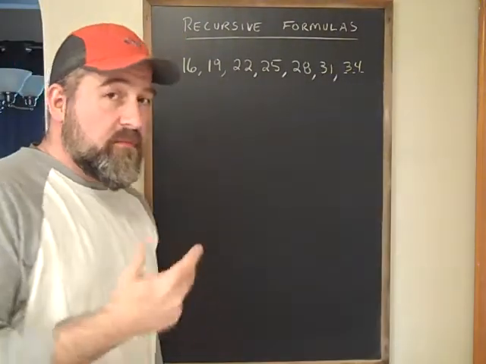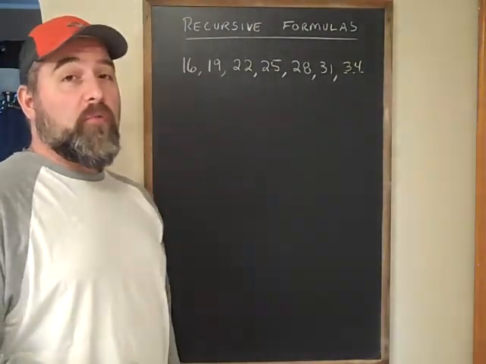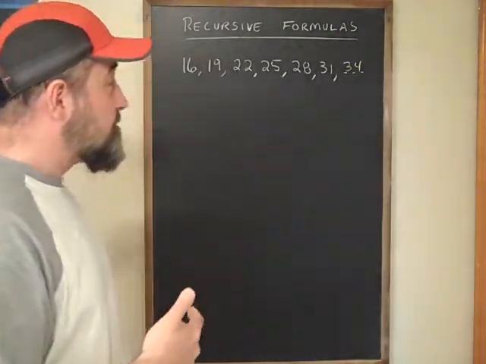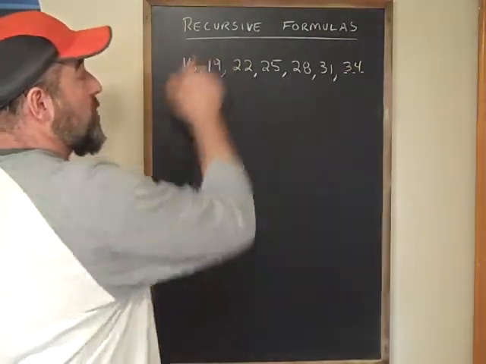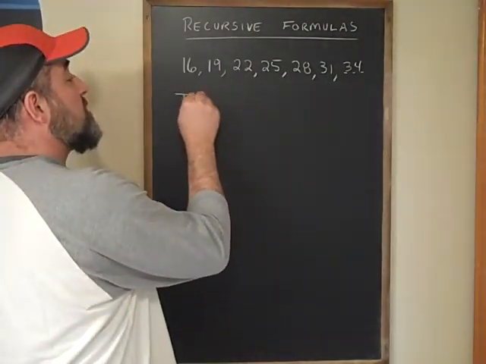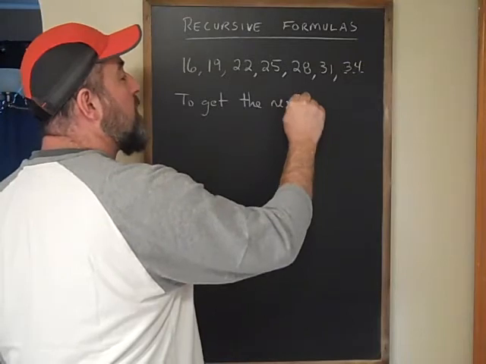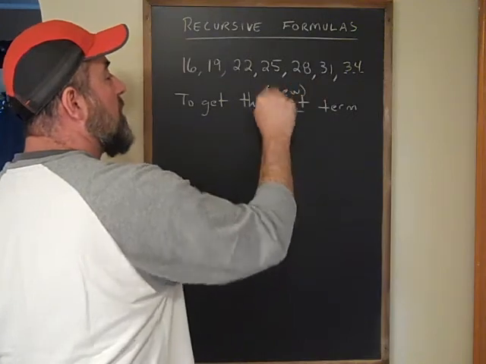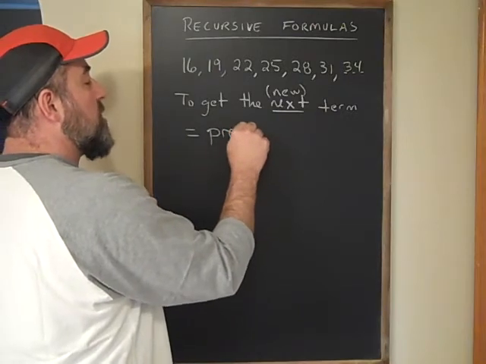Okay, so now let's get into the business of what a recursive formula looks like and how we go about writing it. I have the same sequence that we were looking at in the previous video, and now I want you to understand the basic foundations of writing a recursive formula. If you understand the concept of this, to get the new term, now instead of writing new, I'm going to write next term. But we can say the word new. To get the new or the next term, what I'm going to do is take the previous term